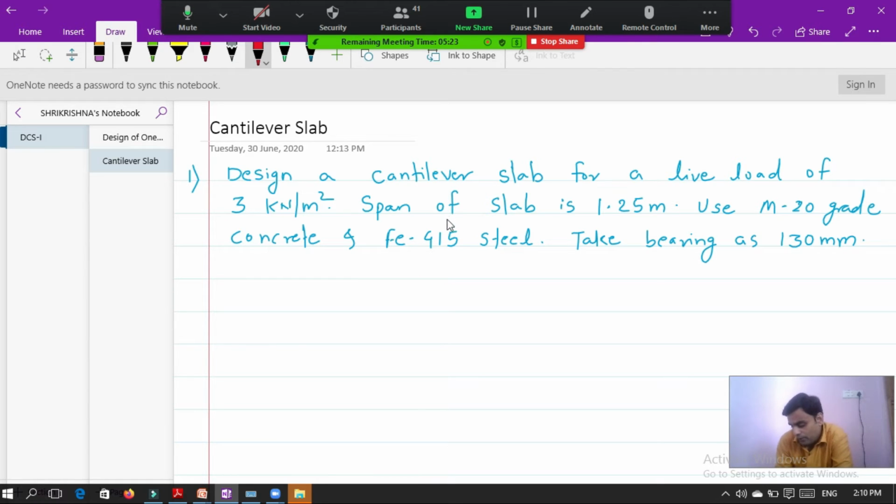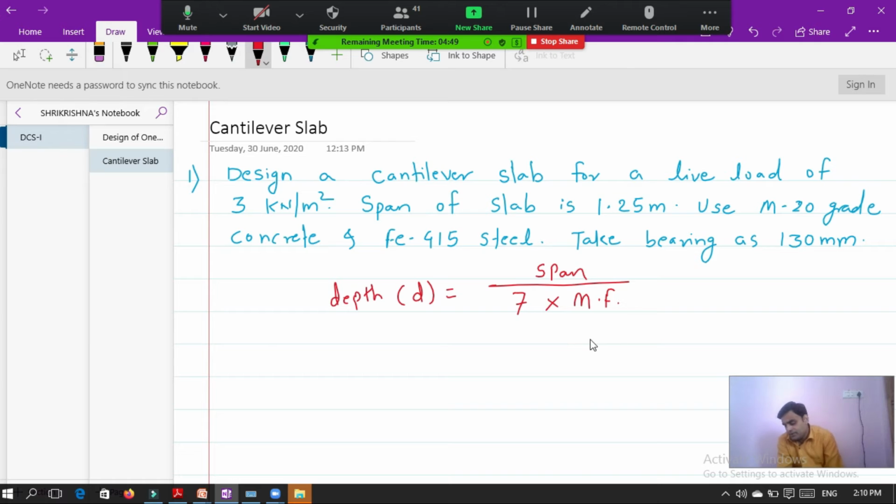To calculate the depth of the cantilever slab, the formula is depth d is equal to span divided by 7 into modification factor.